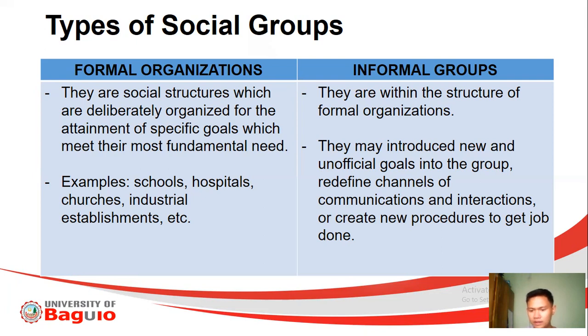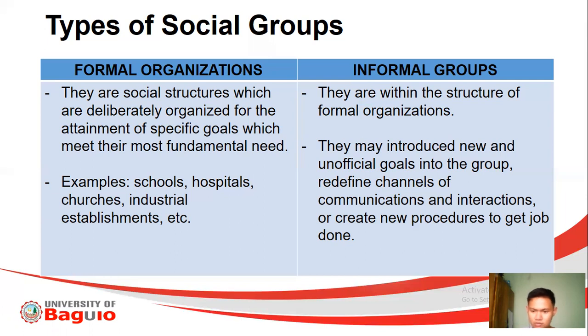So that was a big step in changing the system of the University of Baguio, and it was suggested by a certain informal group known as the MIS. Of course, it wasn't only the MIS that made the change. They consulted different offices as well. So those are our informal groups and the formal organization.